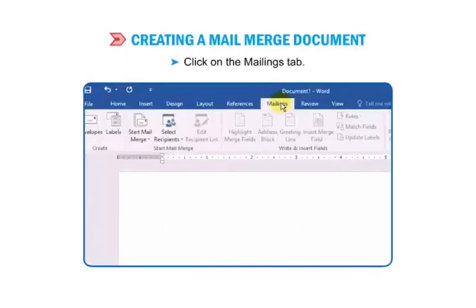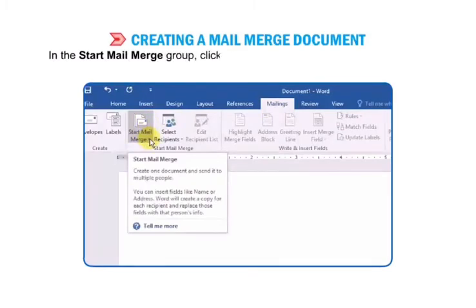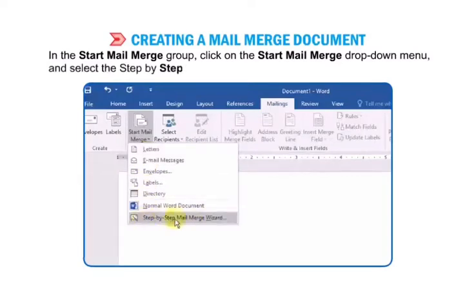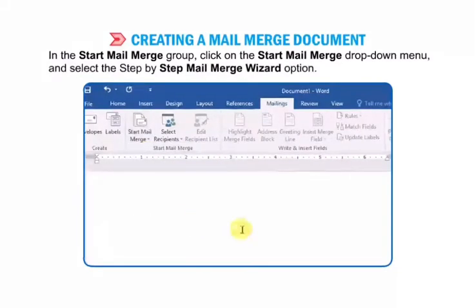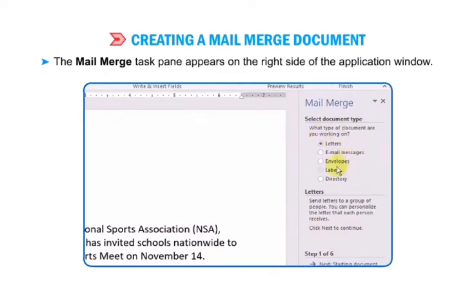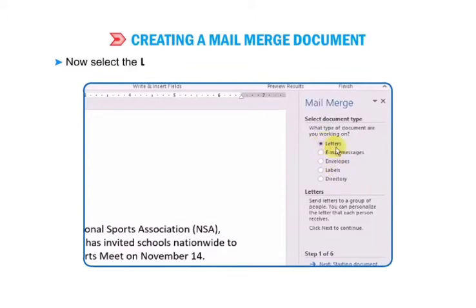Click on the Mailings tab. In the Start Mail Merge group, click on the Start Mail Merge drop-down menu and select the Step-by-Step Mail Merge Wizard option. The Mail Merge task pane appears on the right side of the application window. Now select the Letters radio button under the Select Document Type section.